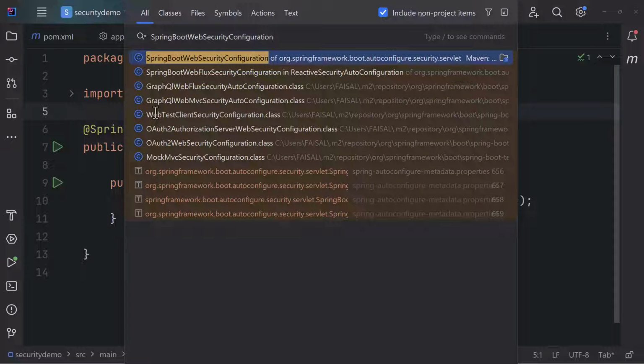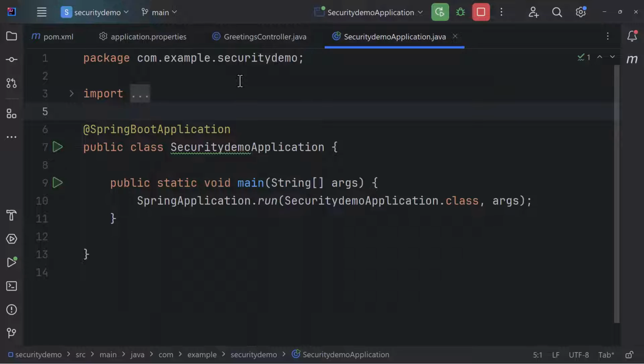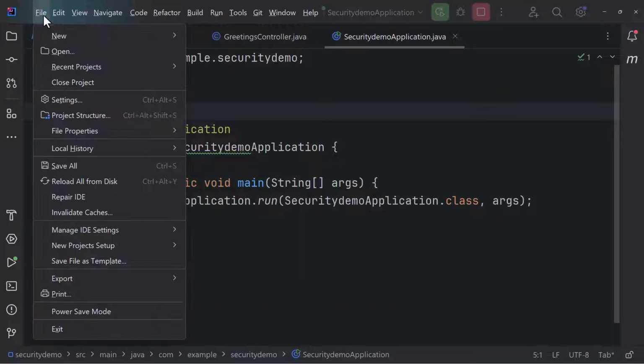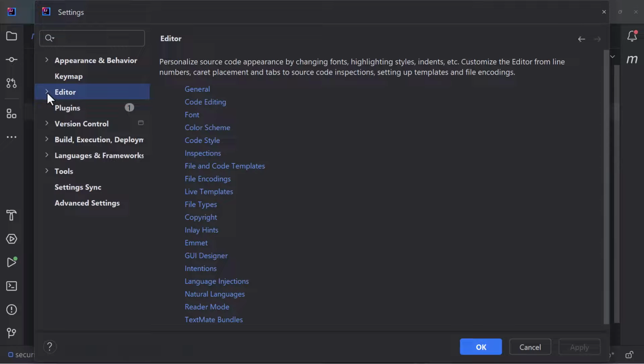Okay, this is an inbuilt class that is coming in from, you can see, Spring Framework boot autoconfigure security.servlet. If you're not able to see the internal inbuilt classes over here, what I would request you all is to go to File, select Settings, and over here